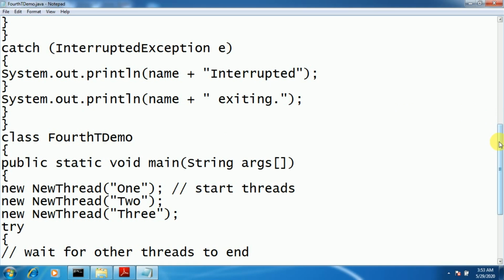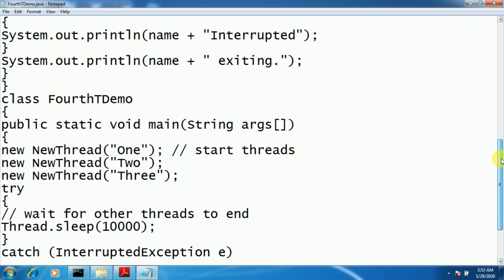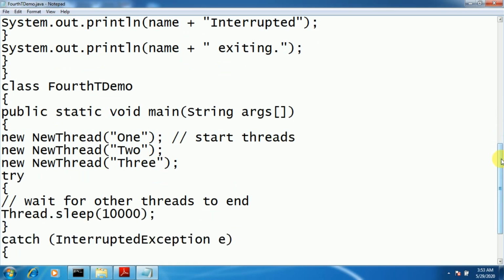Now here, as 3 threads are running, the main thread cannot complete its execution before these 3 threads complete. So we have told the main thread to sleep for 10 seconds. By that time, all these 3 threads can complete their execution, and the main thread will resume and continue further.